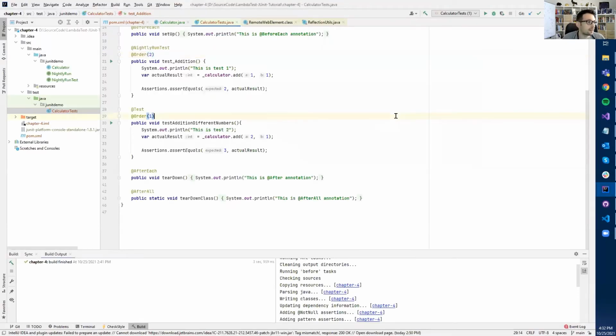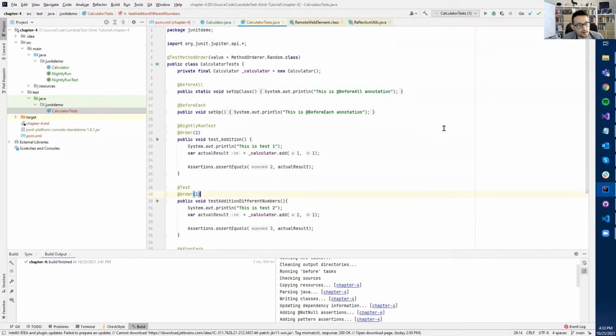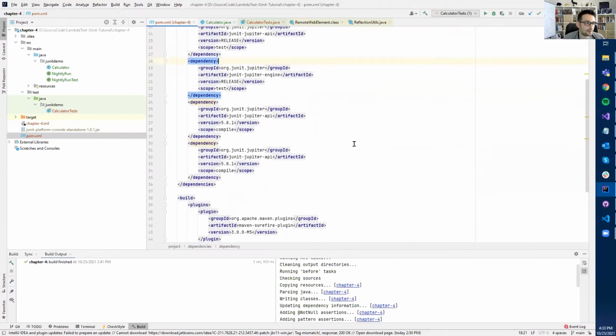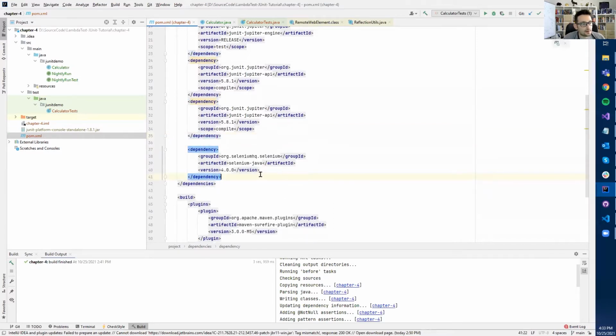So let's begin. From the last time, we have these calculator tests where we wrote JUnit tests, and I showed you different annotations. Right now, in order to work with Selenium, we first need two new dependencies. The first one is, of course, the Selenium dependency. In the POM XML, in the dependencies block, you need to copy this, Selenium HQ, Selenium Java,